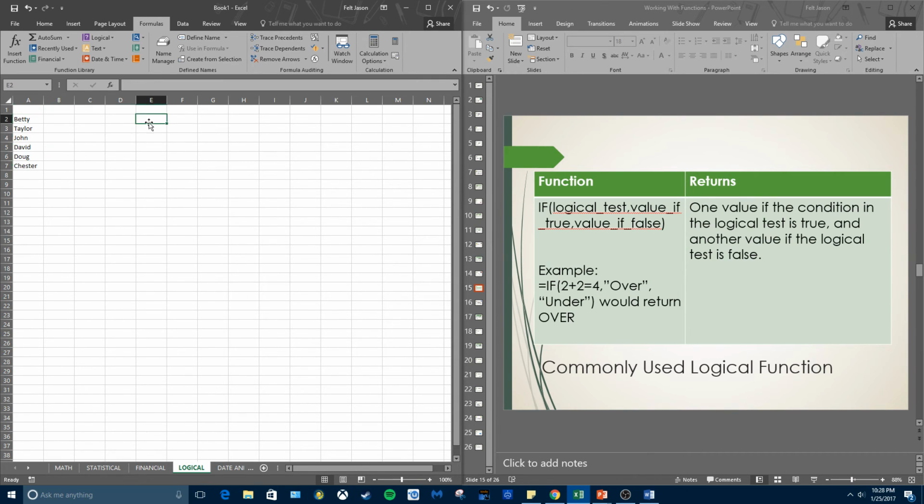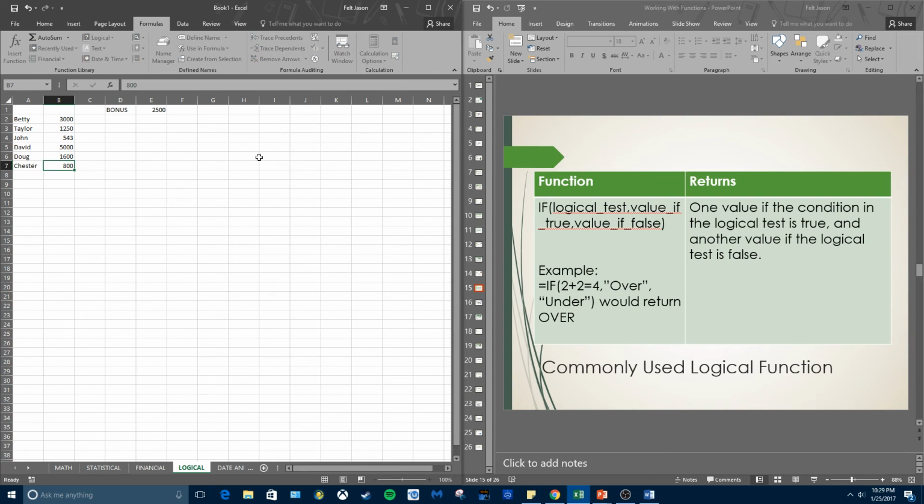Okay, and we want to see if they qualify for a bonus. They only qualify for a bonus if they make more than $2,500 in commission. So we're gonna put that here. So if they make more than 2,500, they'll earn a bonus. So Betty, she's doing pretty good. She got 3,000 in commission. Taylor, 1,250, 543, 500, 5,000,